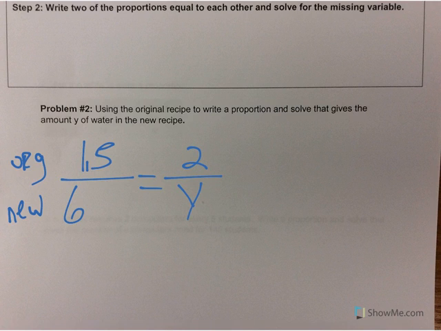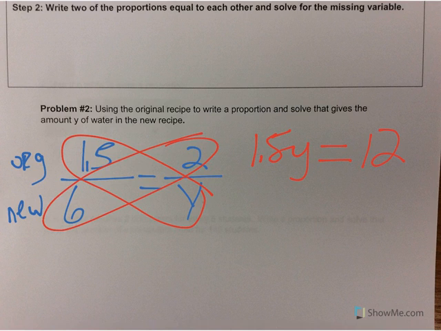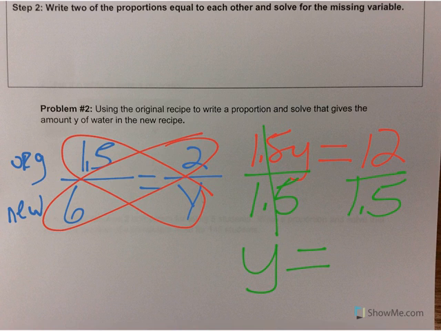So 1.5 cups of beans over 6 cups of beans has to be equal to 2 cups of water over how many cups of water. So we use our cross-multiplying method here. Again, 1.5 times y is 1.5y. That has to equal 2 times 6, which is 12. And then again, we want to get the y all by itself, so we have to get rid of 1.5. It is multiplying the y, so we will divide both sides by 1.5, and we get y equals